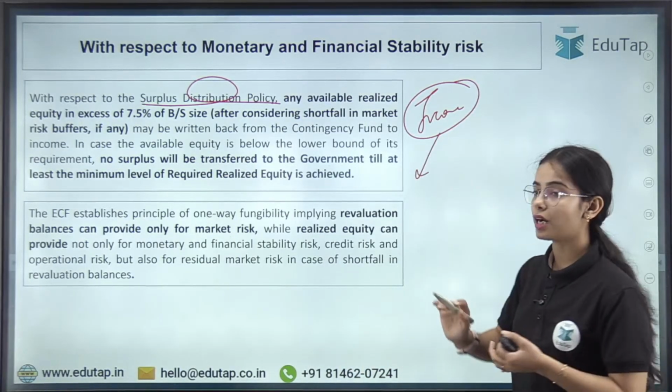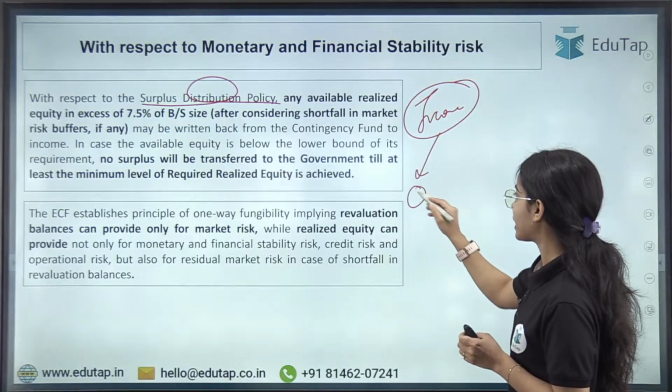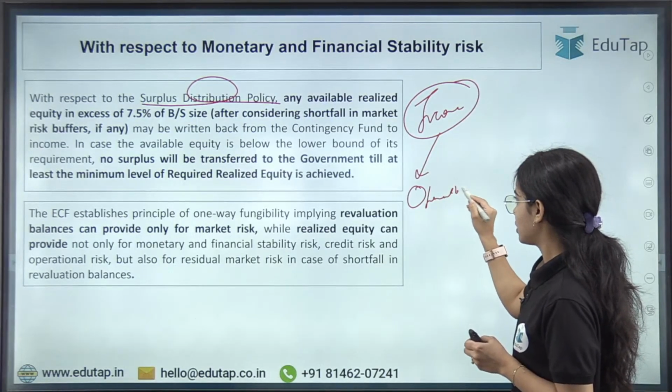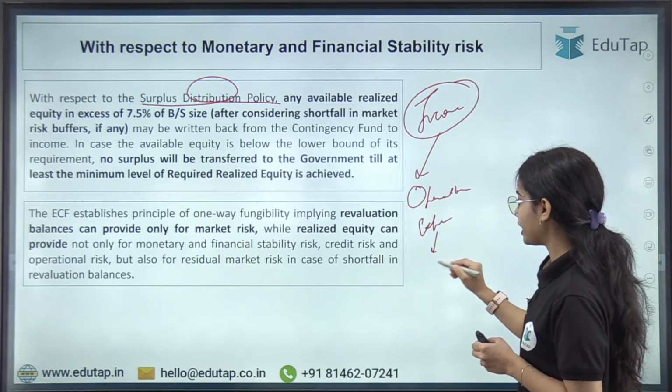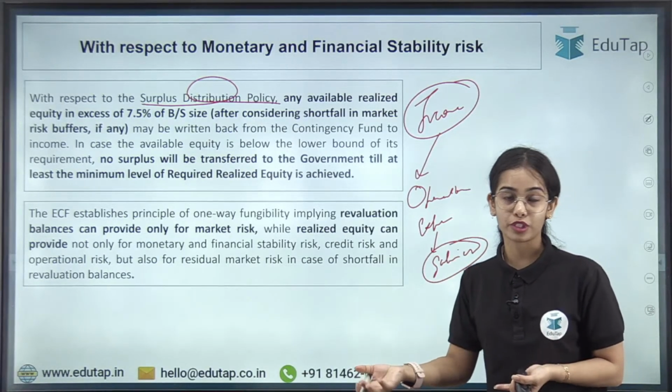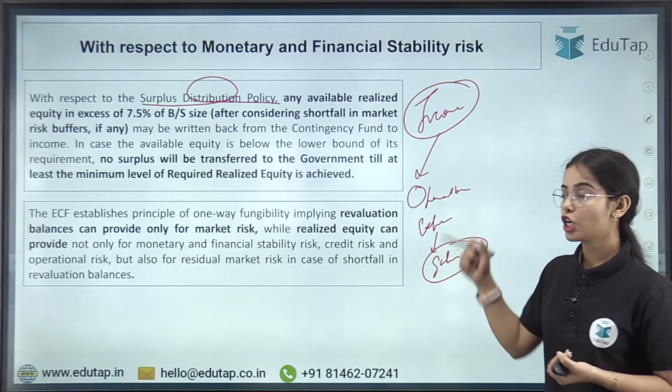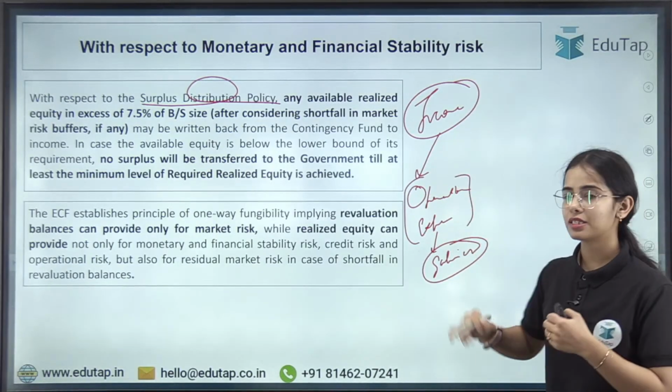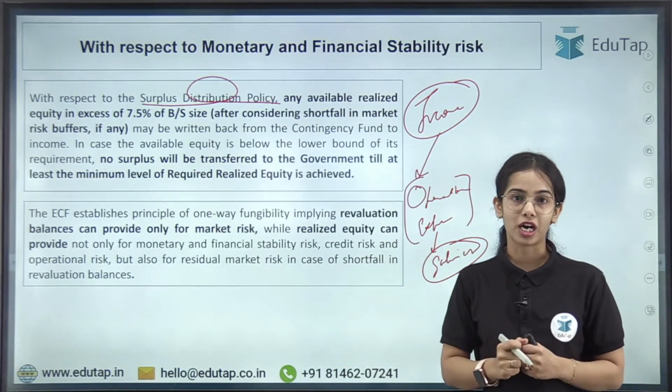Now from this income, the RBI will pay for the operational expenses. Operational expenses like paying your salaries, because you will become the RBI Grade B officer or the RBI Grade A officer. So RBI will have to pay your salaries. So these are the operational expenses, the day-to-day or the regular expenses of the RBI.